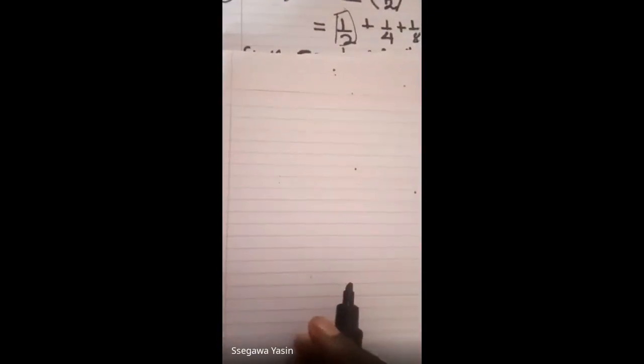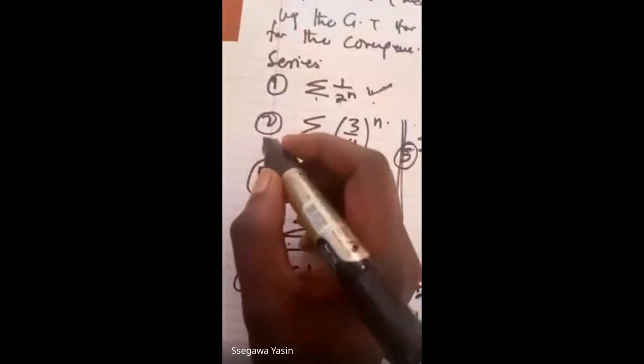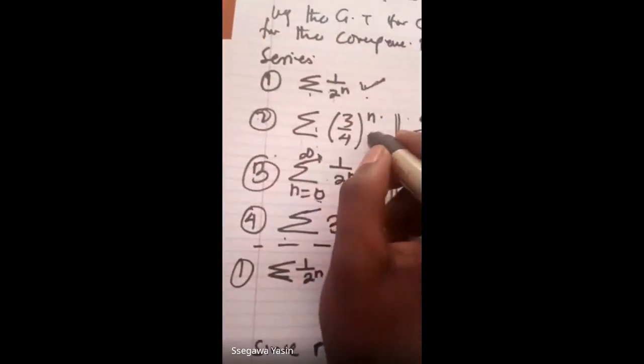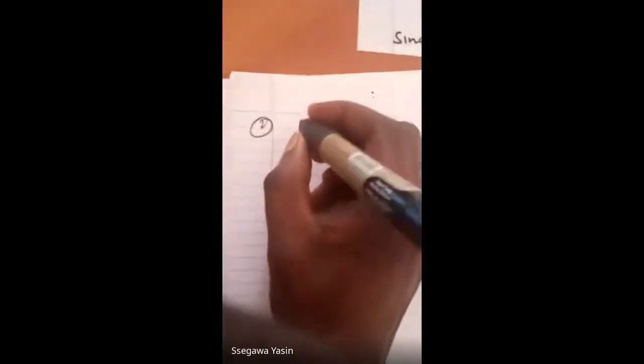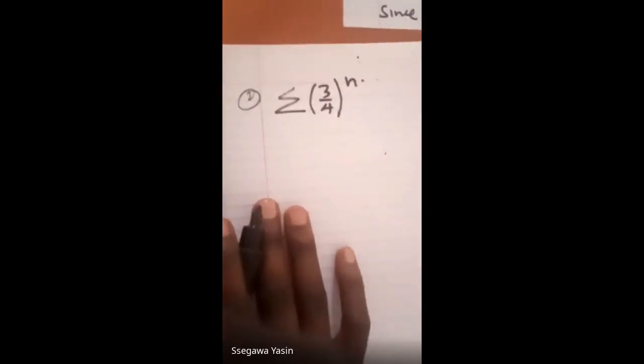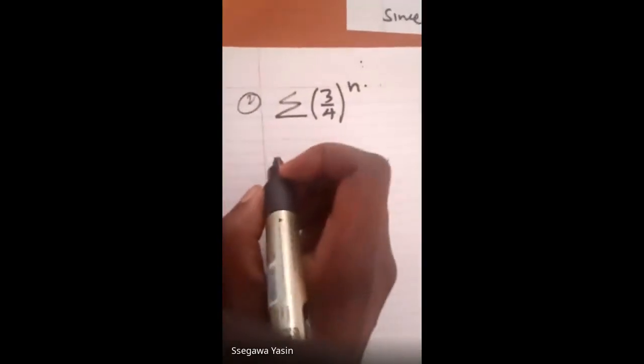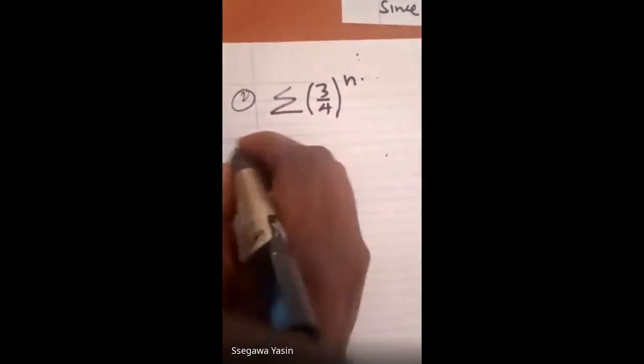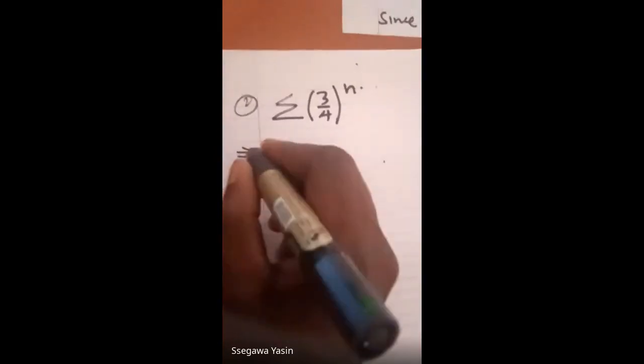So let's go to number 2. Number 2 is this question here. This is the question for number 2, and we have the sum of 3 over 4 to the n. When you check properly, we know how to go about this. This is the same as